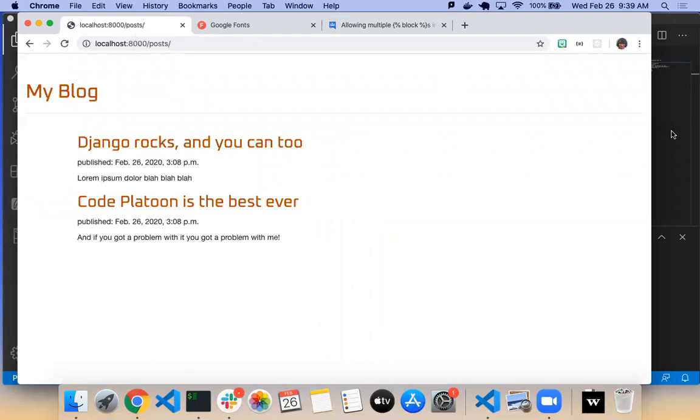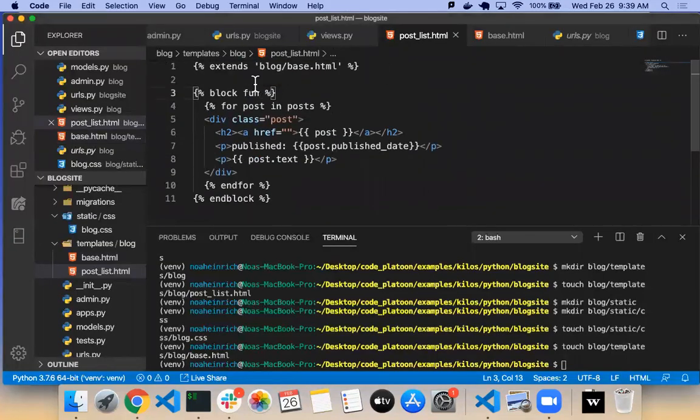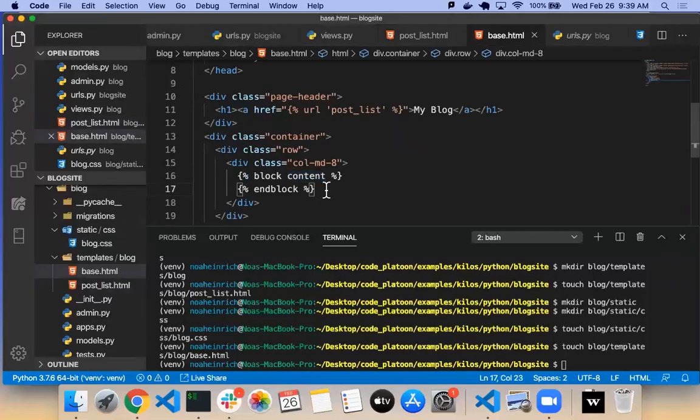Yeah, okay, so I'll separate the blocks. Yeah, so it's a change. So block is just saying, okay, this is going to be a block, and then this is just the name of it. Maybe we should restart the server just to be 100% sure. It looks like we could say in here, if we wanted to have one called block content, another one called block fun, then we could do that. You can put it in different sections. That would be useful, for example, if this were not included everything, this was its own another block, and we wanted different nav bars depending on what page you're on, then we could do that here.